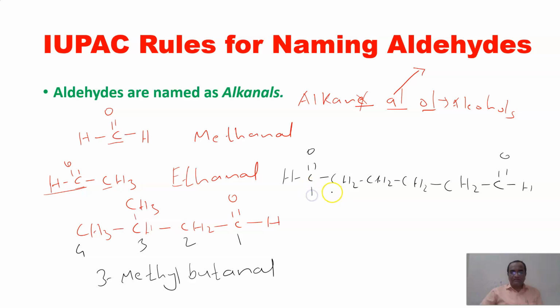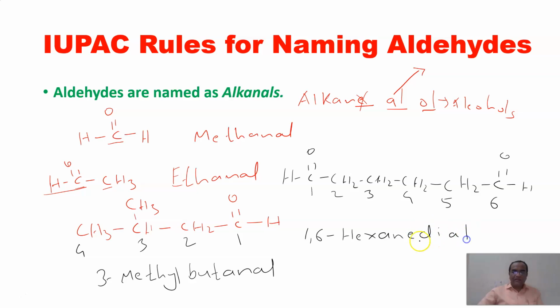So I will start numbering from here. You can start numbering from anywhere, as both are on the same side or same cases. If I start numbering from here, it will be the same. This carbon will be the number 6 carbon. So now count the number of carbons. So it is 6. Now I will write the numbering 1, 6. Hexane